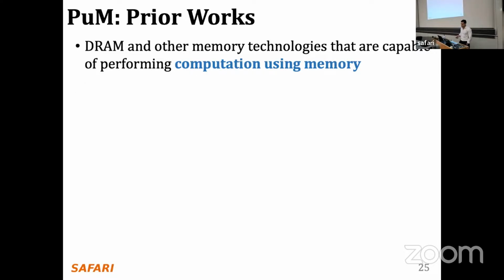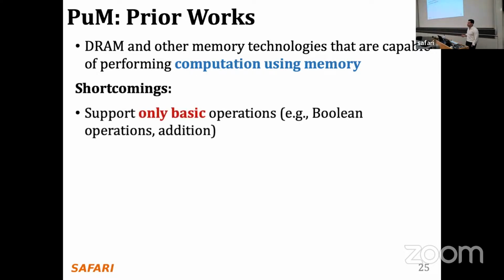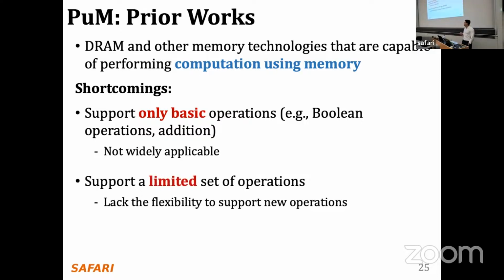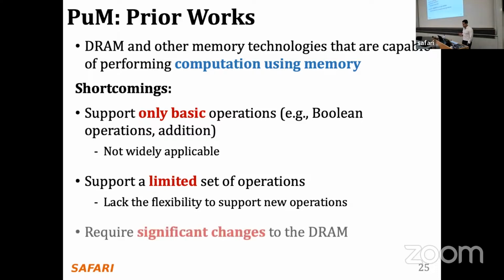So the problem is that, before this work, we could only support some really simple primitives to do in-DRAM computation, which can be useful in some workloads, but they are not widely applicable to a wide range of applications. Also, we have a limited and fixed set of operations. We have those two primitives, right? In-DRAM row copy and in-DRAM majority, and that's it. So what if I want to do something else? How can I provide a new flexible primitive for my application to use this type of framework?